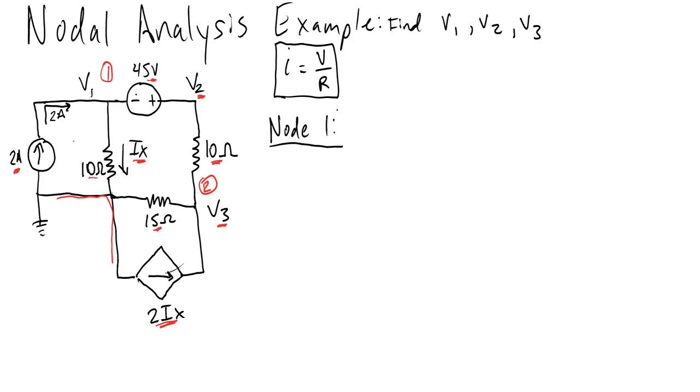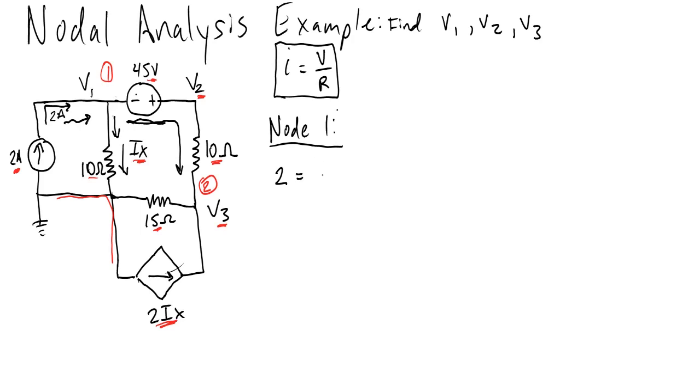Okay, so we can see here we have current going into the node, this 2 amps. Then we have this IX going out of the node. And we know that current flows from the minus to positive terminals of this voltage source, so we have current going through this voltage source and through the circuit, just like that. On one side of the equation there will be current going into the node, and on the other side there will be current going out of the node, and they're equal to each other. So 2 for 2 amps, this current source, is equal to